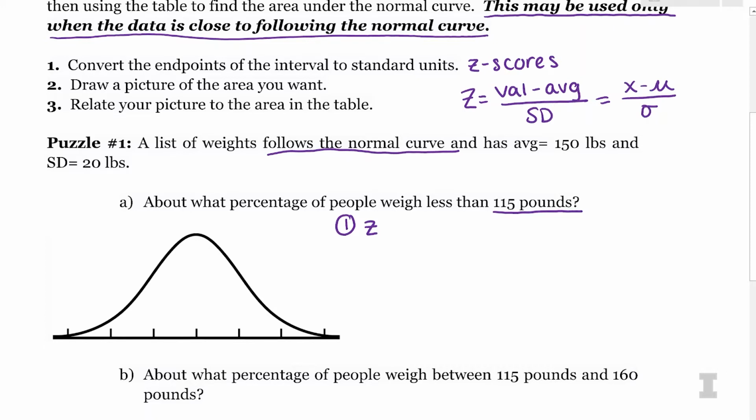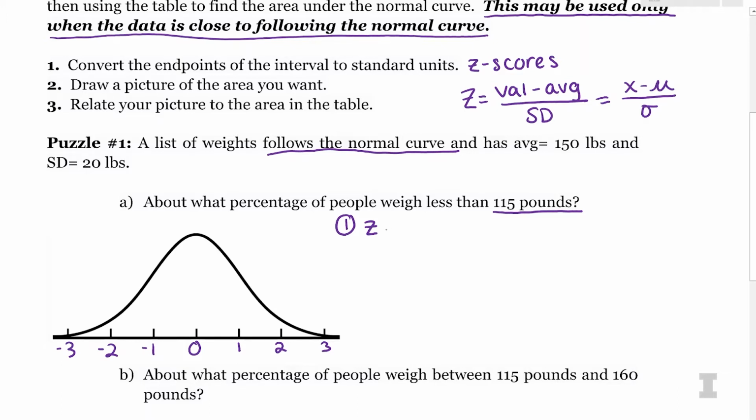If I tried to mark 115 pounds on the normal curve right away, if I'm using the standard normal curve, 115, where does that go? That seems crazy because 115 is in pounds, which is really big, and the normal curve is in z-scores. So 115 doesn't even make sense to put on this standard normal curve. That's why my first step is to convert that to a z-score so I can figure out how many standard deviations 115 is either above or below average.